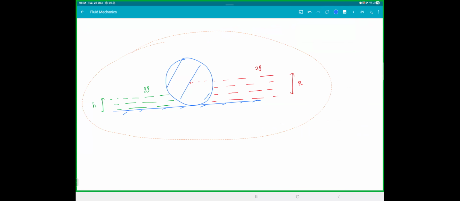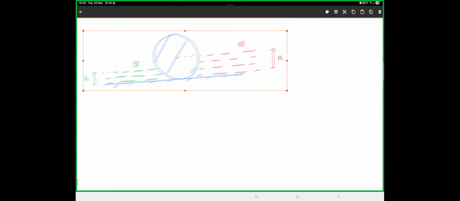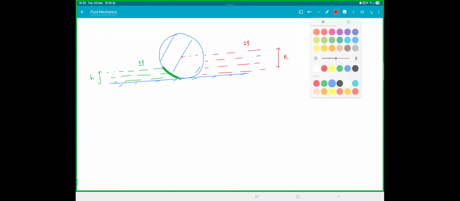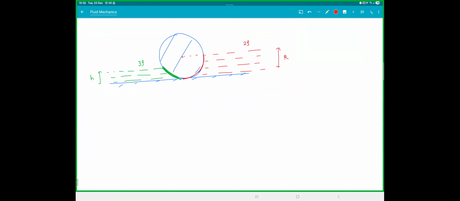One thing is clear, the force due to the 3ρ and the 2ρ in the horizontal direction is equal. Horizontal direction, not the net force. There is a vertical component also. So the green one is acting on this part, the red one is acting on this part. So when you take this green one, this projection,